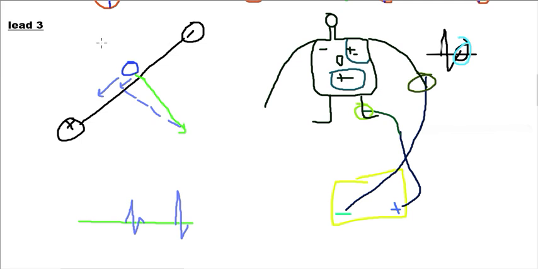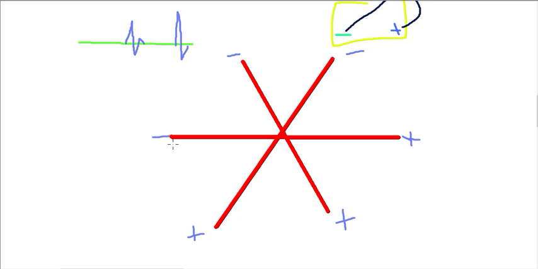If I draw the different axes that I showed you separately in the 3 bipolar limb lead system, this is lead 1. Why is this lead 1? Because in this case we have placed the negative electrode on the right side of the heart, whereas the positive electrode is connected to the left arm, on the left side of the heart. So this is the placement of our lead 1.